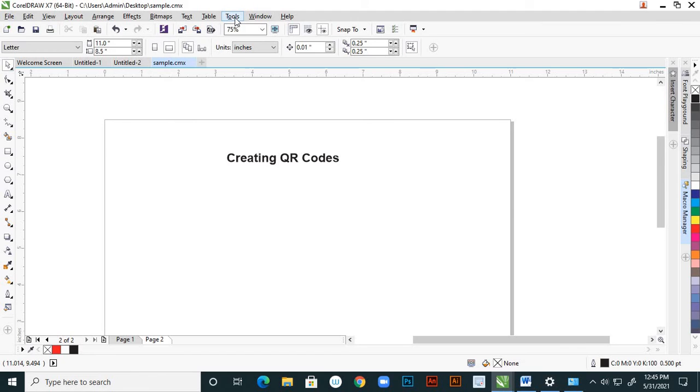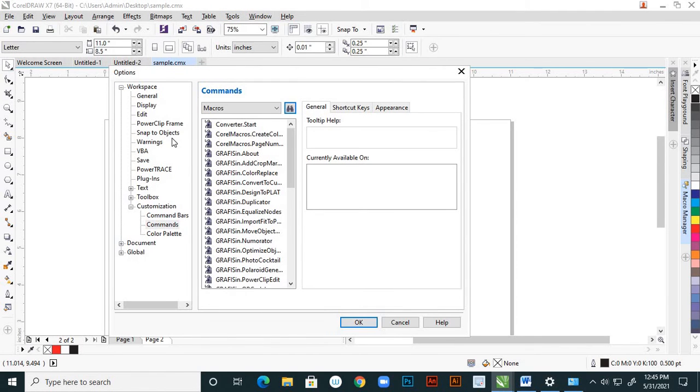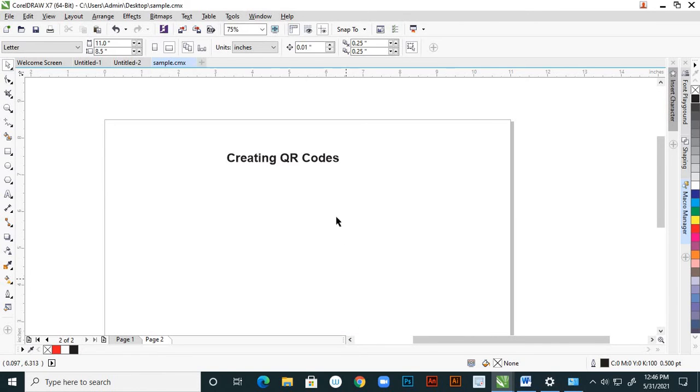After that, from Tools, Options, there from Workspace, Customization, Commands, by searching this option, you can see your already downloaded macros are inserted into your commands, right? After that simply say OK.